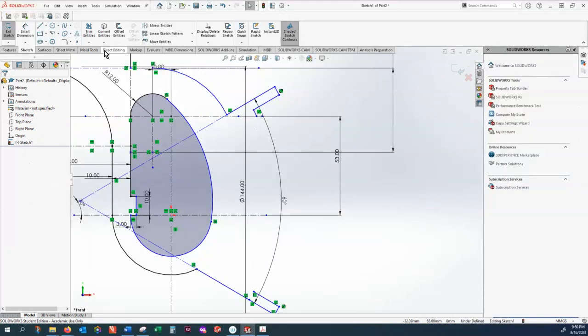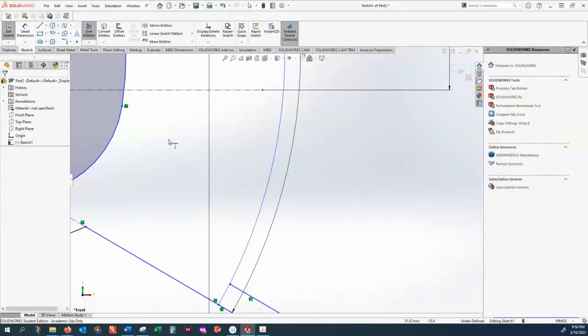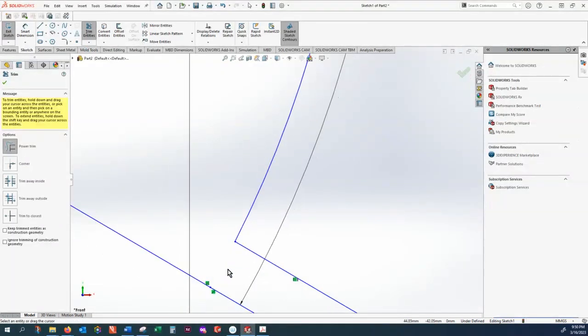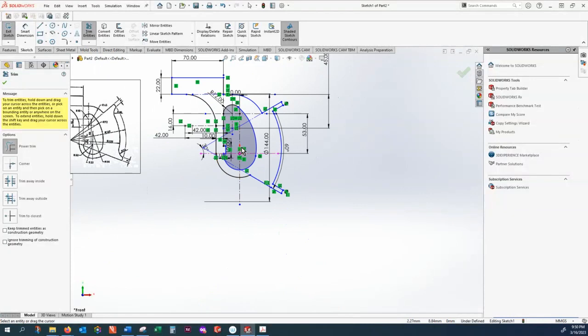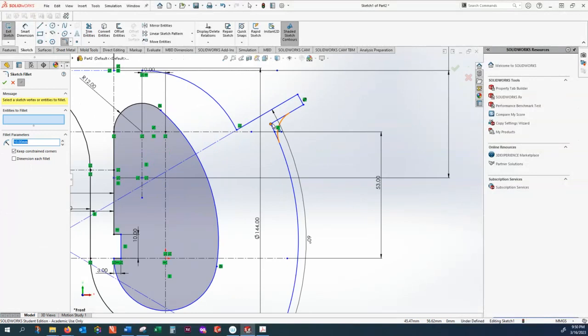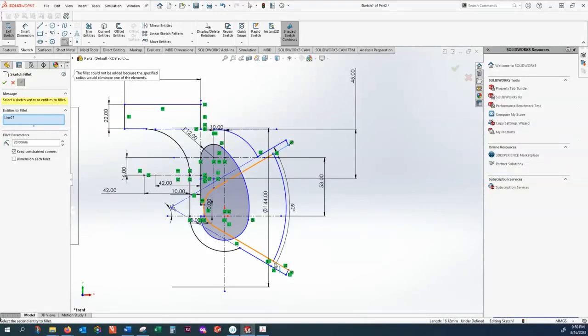This is, let's see if we can extend this. Yep. Alright, so that's been extended, and extend this one, and then trim here. Now I think the last thing is to fillet these sharp edges, but by radius of 20. Make that 20. Yeah, that 20 is too big for this one, but for that,